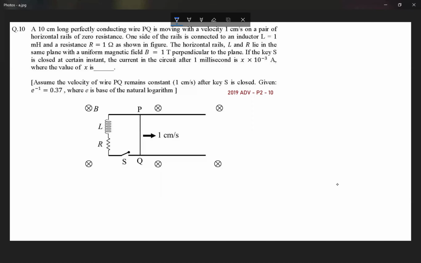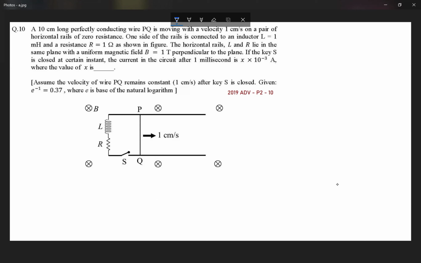In the last 2 years, in 2018 and 2019, I went through the papers and I found that there are around 22 questions from electricity and magnetism alone. Given that the JEE Advanced paper is based on mechanics, electricity, magnetism, thermodynamics, modern physics, and optics, at least one of these sections having 20 questions is pretty significant.